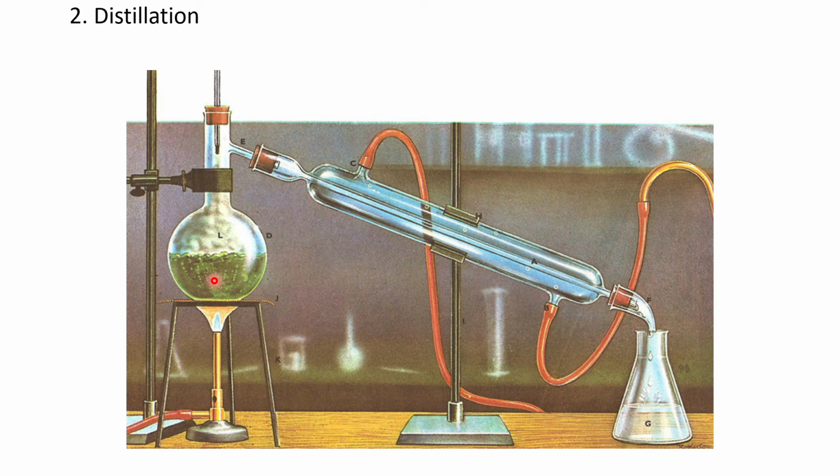So a special apparatus. This is the apparatus. This apparatus is used to get distilled water. Okay, if I want to use extremely pure water for research work and in chemistry laboratories, then I would require distilled water. So how can I obtain it? I can obtain the distilled water that is very much free from impurities by using this apparatus which you can see on the figure on the screen.